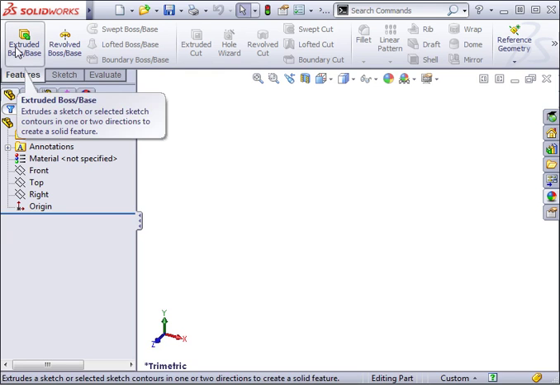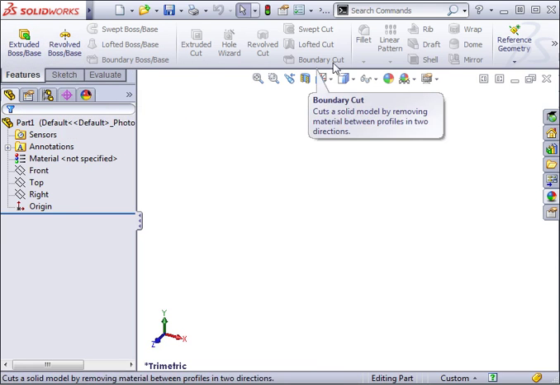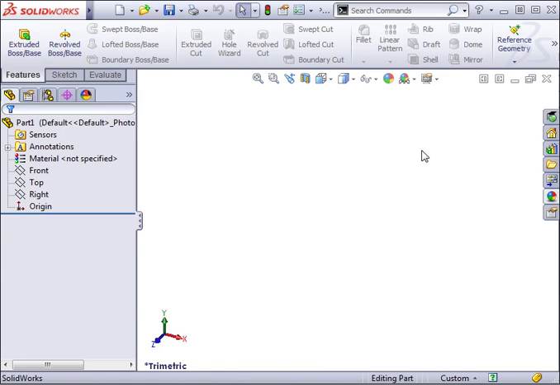Next, focus your attention to this row of icons above the graphics area. These icons constitute the Command Manager. The Command Manager is simply an ingenious